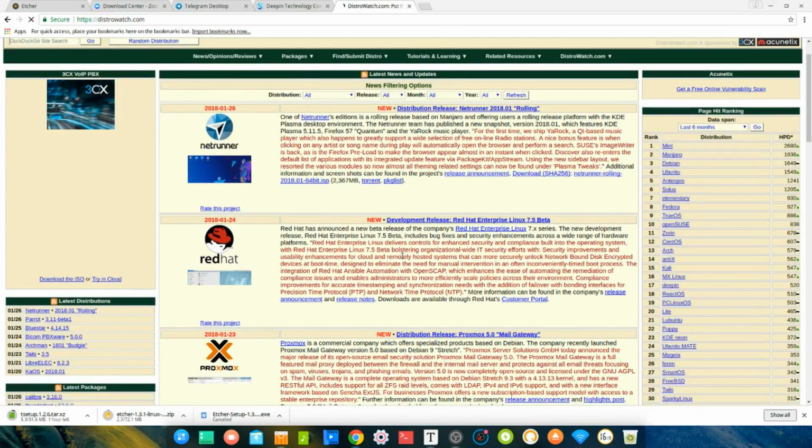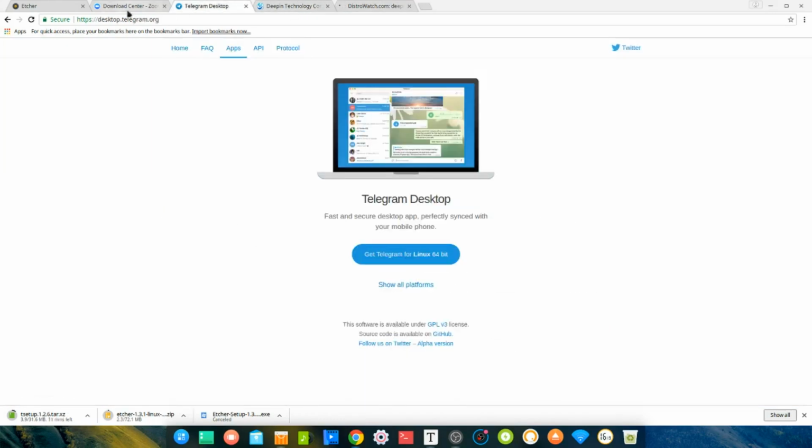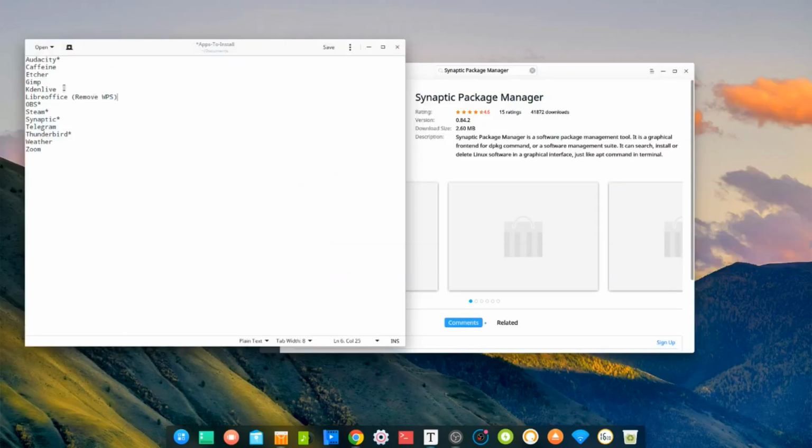Deepin. Debian unstable. There we go. Okay, so